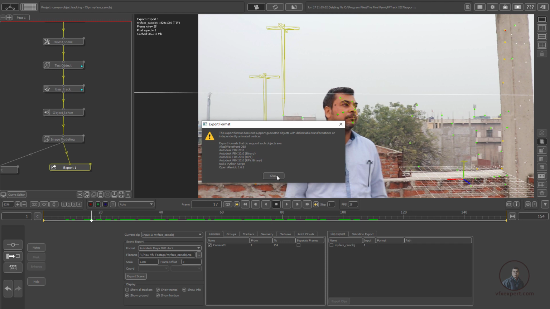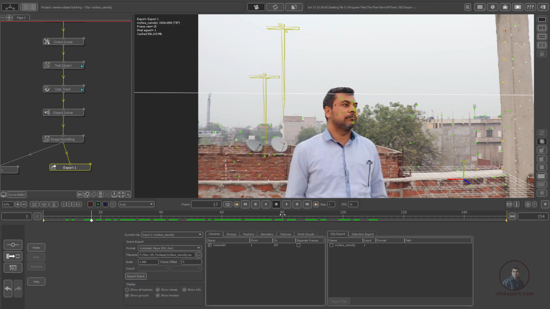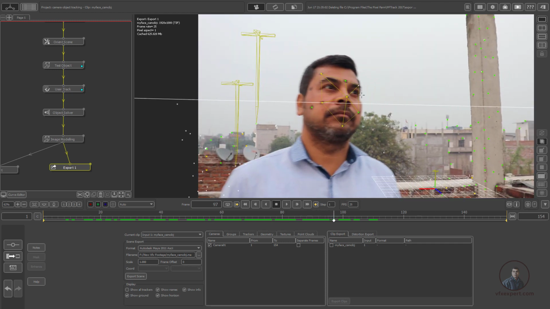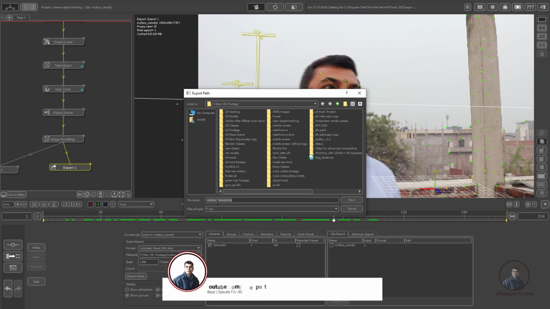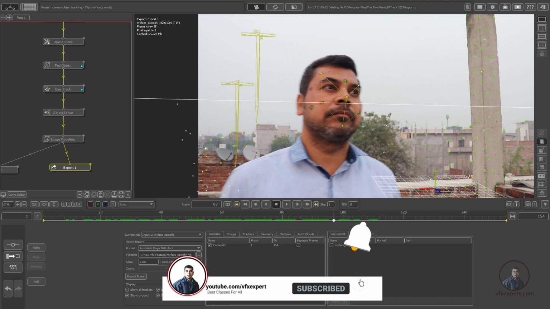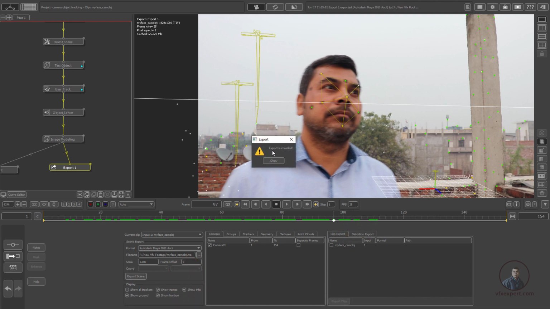So this is actually due to this image modeling, or this geometry, which we have created. Okay, so no problem, leave it as it is. Then again from here you can select the folder where you want to save, then click it here. So again in the same folder, this is our file name, myface_cam object, then save. Then finally click on export scene here, then press OK. So export succeeded. This shot also I have tracked at 25 fps.